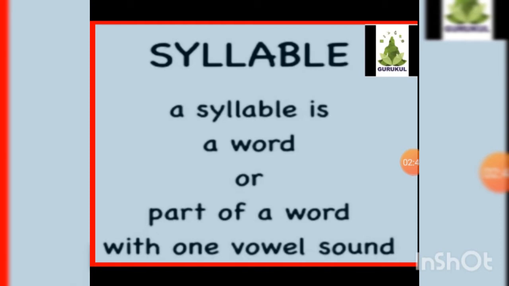Now, children, clap with me, and with examples I'm telling you how to break the word and how to pronounce the vowel sounds. Okay, as I say cat. Now, cat is a one syllable word. We can't break this word, isn't it, children? Now, second one, sunset. Now, two claps come. That means it's a two syllable word. That means we have to break the word sunset. Radio, book. Now, book is one syllable. Radio is a three syllable word.